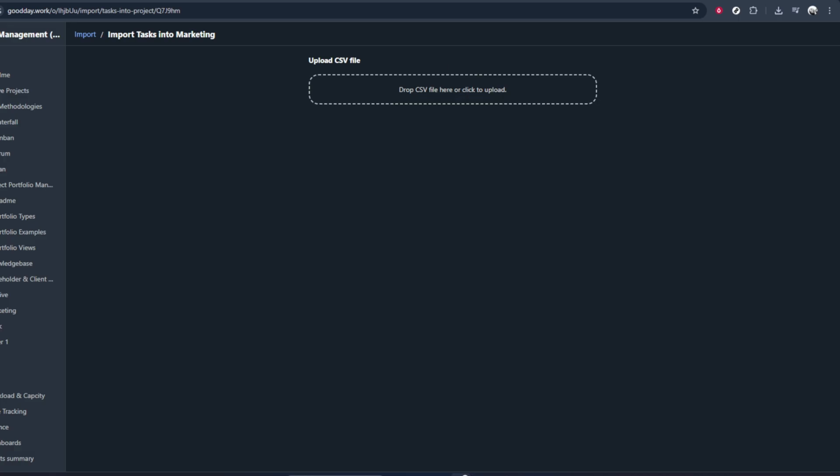Goodday will typically guide you through mapping each column from your CSV to the appropriate fields in the project, such as task title, start date, or priority. Take your time during this step, reviewing each field to make sure the information is going to the right place. When everything looks